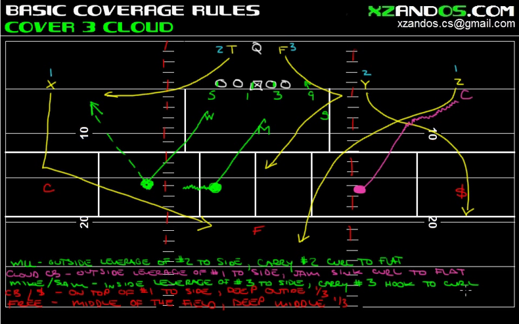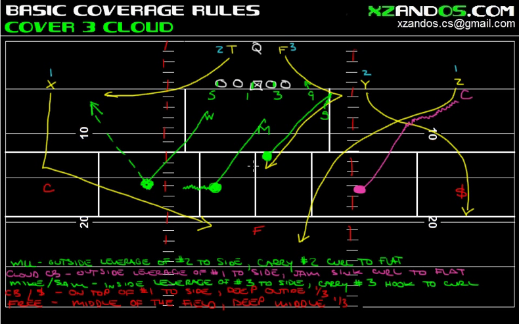All right, so they got a little bit of leeway, and they can feel who's coming into those zones. Sam is going to be inside leverage of number 3 to his side and carry him to the hook to curl. So he can come down there. He might meet him, jam him up, and then he's going to stay inside leverage, stay in between him and the quarterback, but he's also